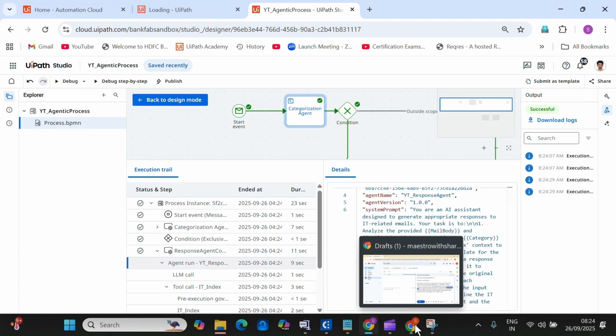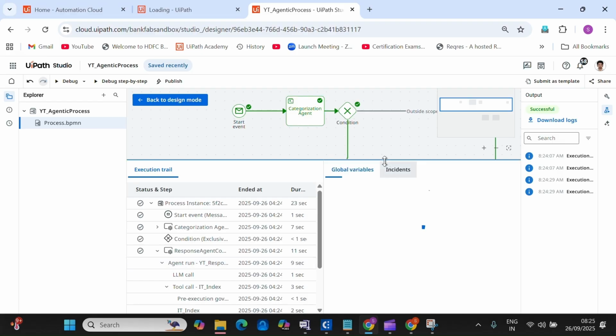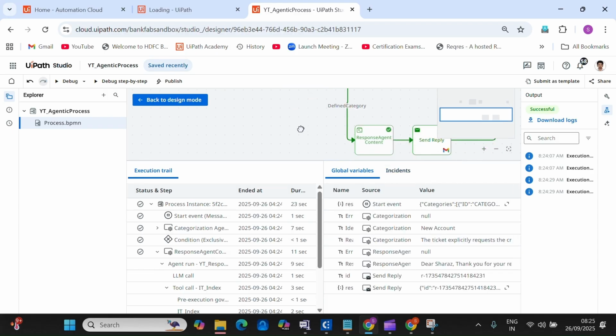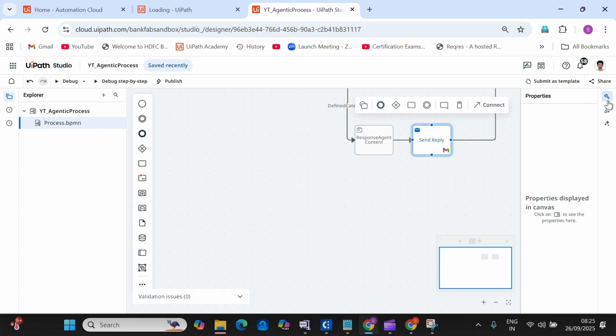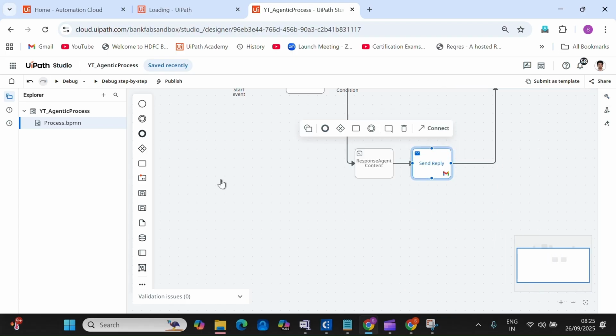So we'll do one thing. I'll change the draft to actual sending. So I'll go back to the design mode and send reply. I'll change the property from draft. I'll remove that draft so it will send automatically, and then I'll publish the